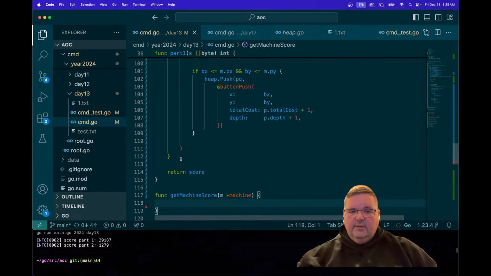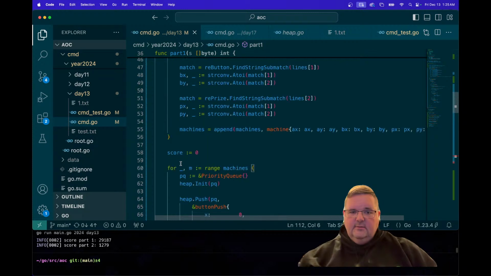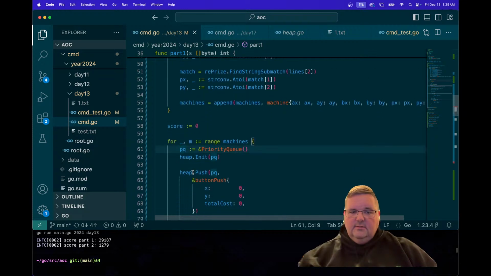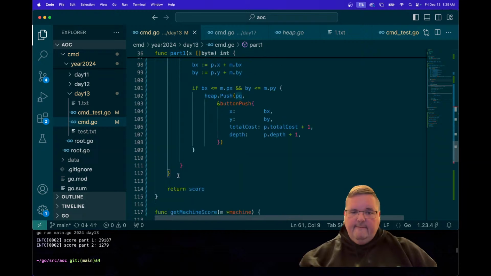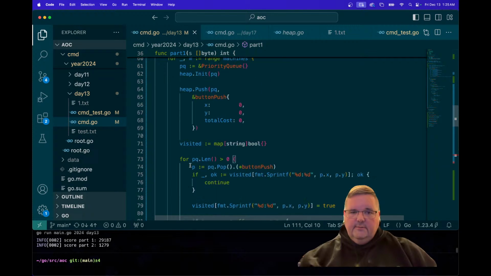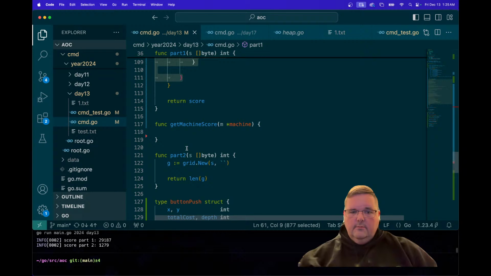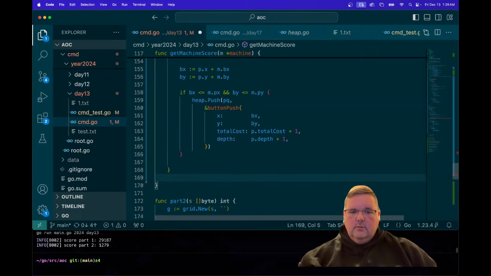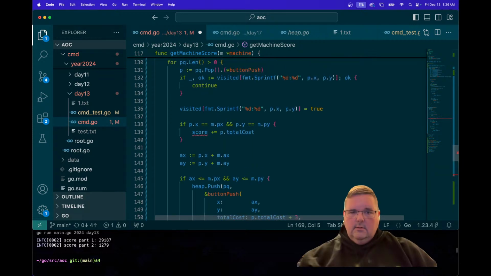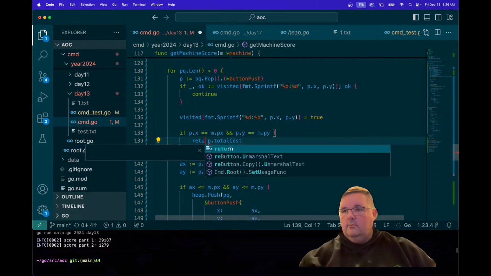And then we'll take this block right here. Probably to there actually. Yeah. And we will return